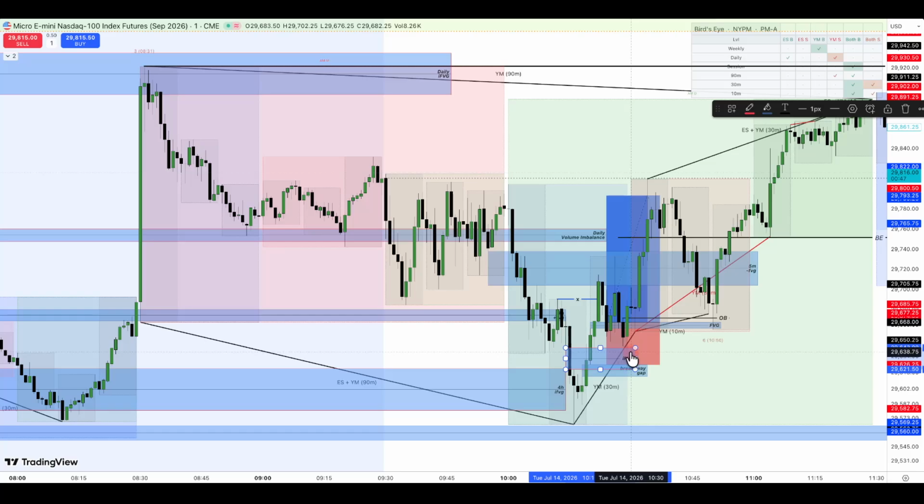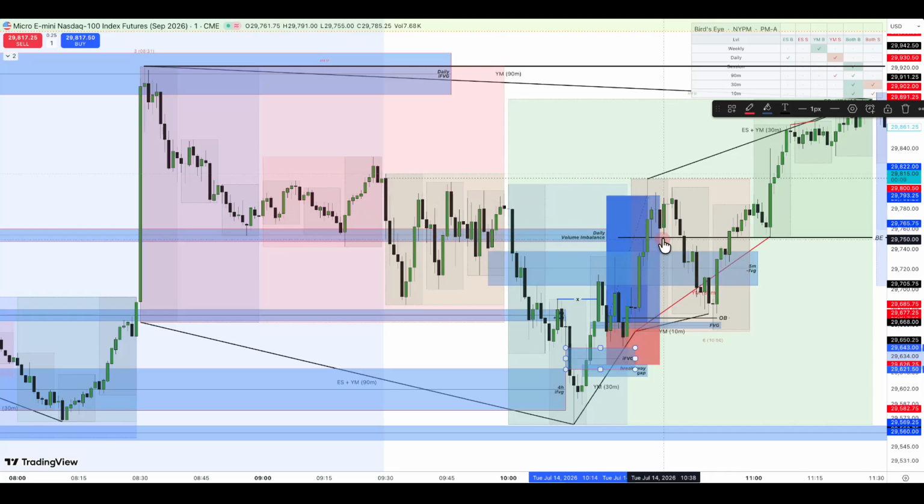Right after price tapped this inversion fair value gap, price pushed higher. And once again, after it closed above here, price then also tapped this fair value gap and used it to grab some more long positions. So the algorithm used it to push price higher. And right after that, I placed another TP around here. This is my TP1 and this is my TP2,